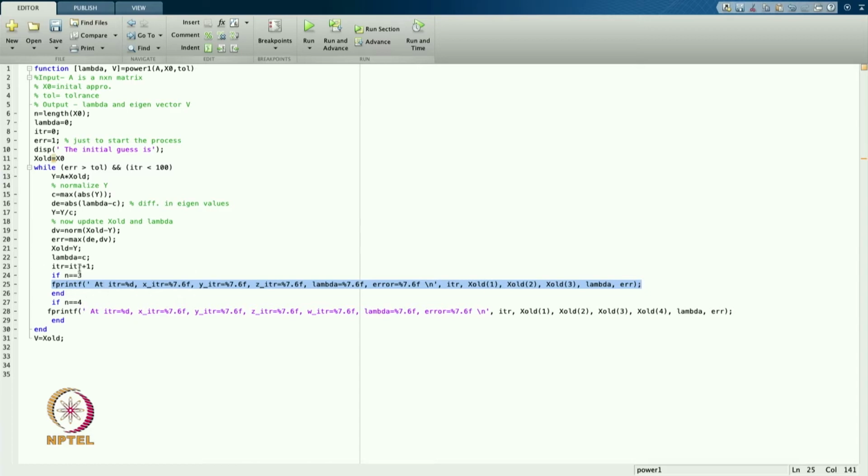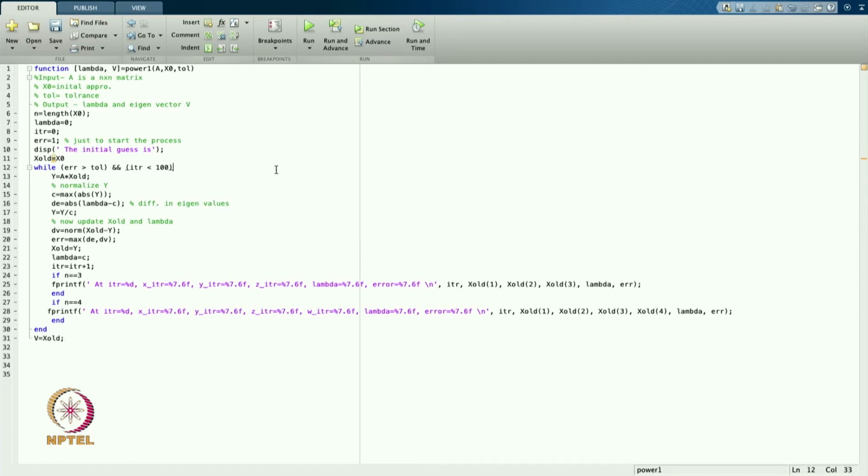Once it keeps doing this, then after my error becomes less than tolerance, or in the other case our iteration becomes more than 100, this condition will be false. So, I will not move into the while loop, and that will be the final result: v is equal to x solved. So, x solved will move to v, and this will go as an output, and whatever lambda I am getting will be our output. In this case I will input x naught and tolerance and I will get lambda and v.